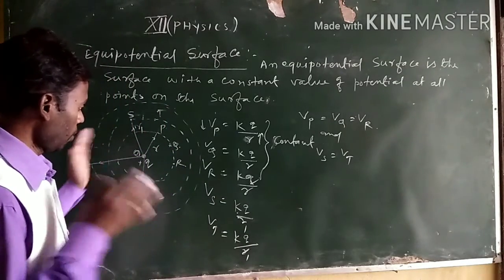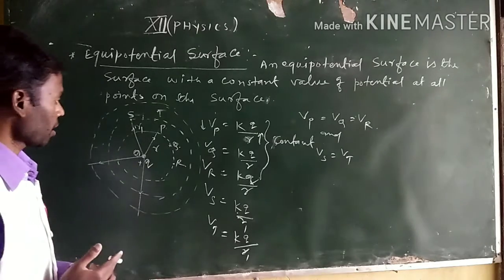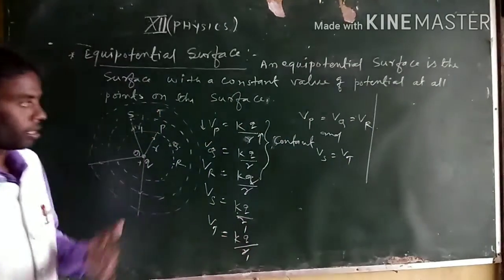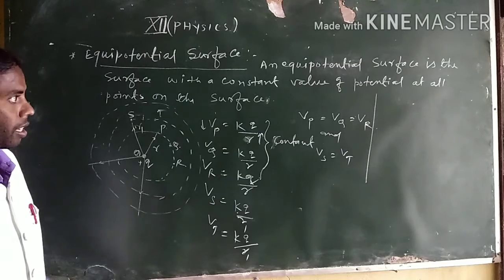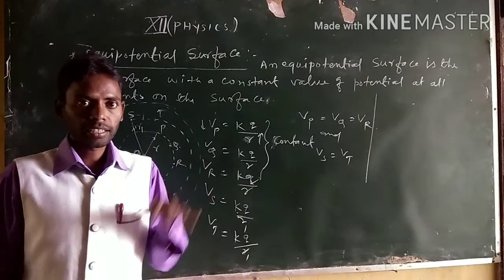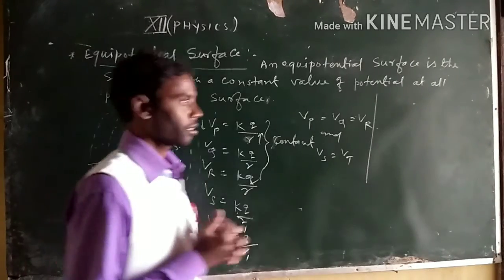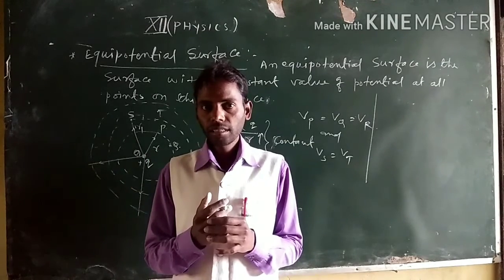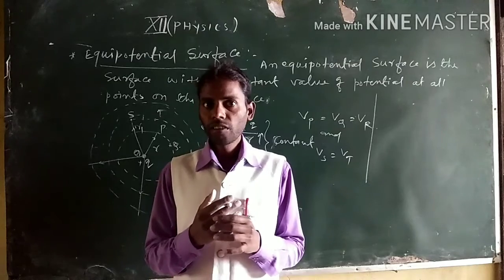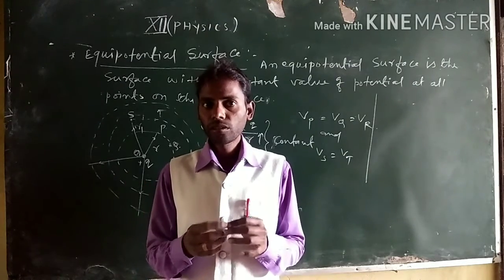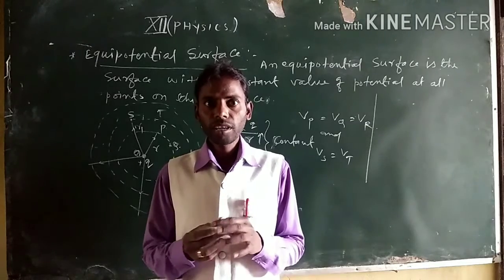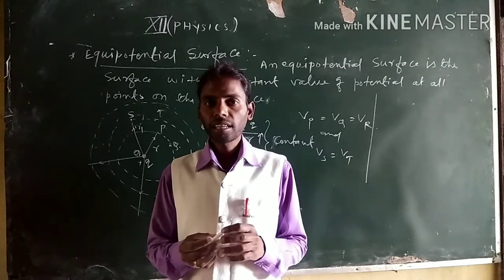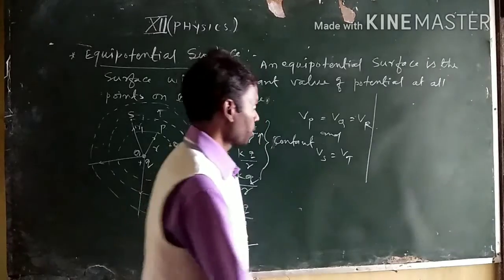Now that we know about equipotential surfaces, we have to know the relationship between the electric field and the distance. Suppose the potentials of two surfaces are given, and we need to find the potential difference between these two points. Then we can use one formula that we have already learned, the relationship between electric field and potential difference. You have to remember this formula.